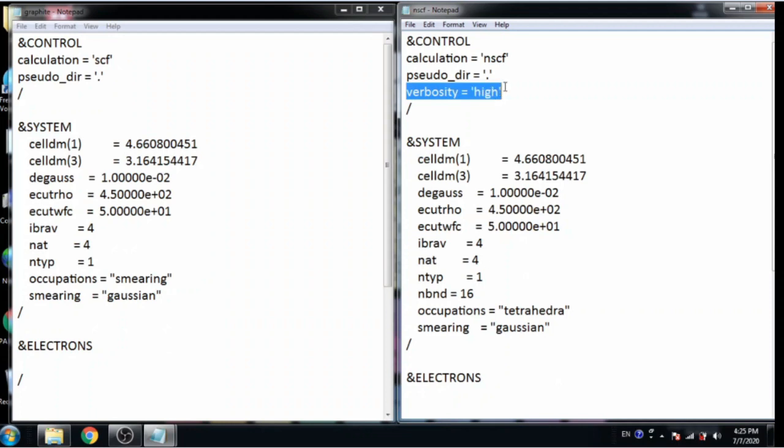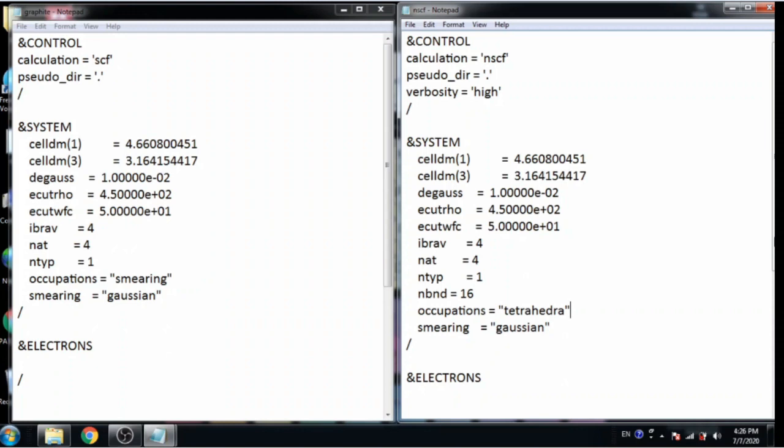Look into the NSCF file. The calculation is equal to NSCF and verbosity is high because we want to print all K points in a file. Here nbnd is equal to 16 because when we ran SCF we noticed that there are 12 Kohn-Sham states in the SCF output.